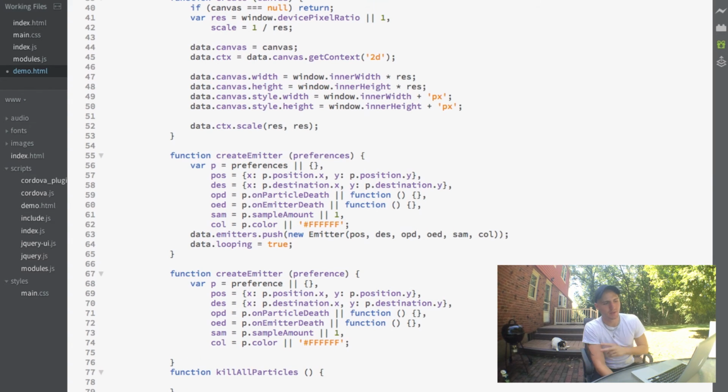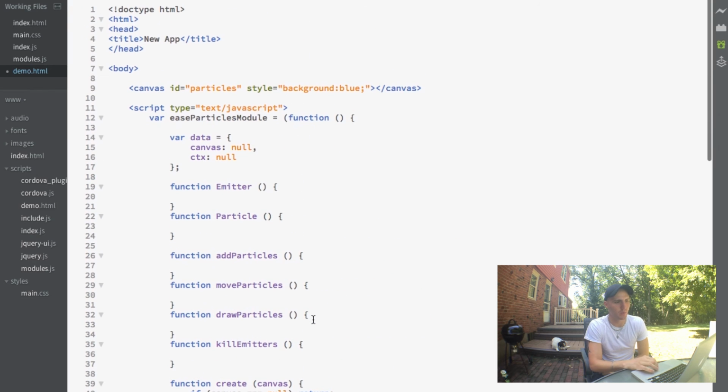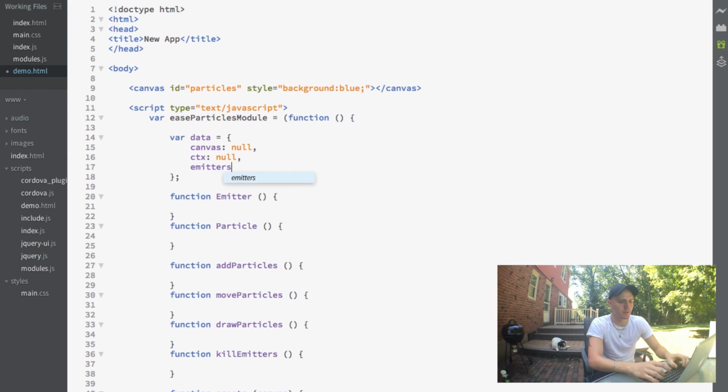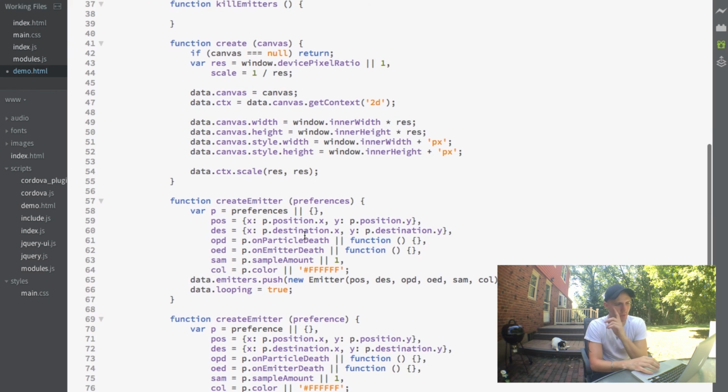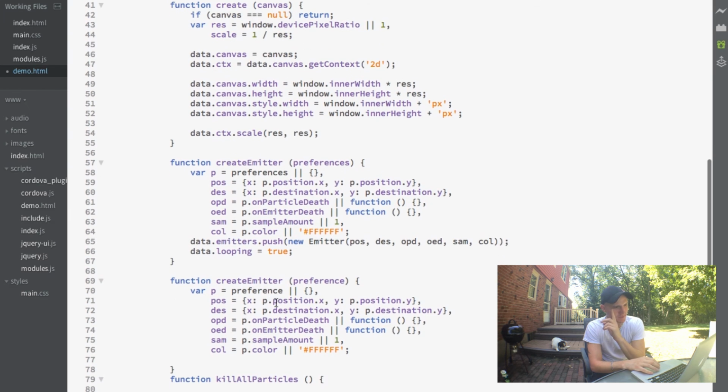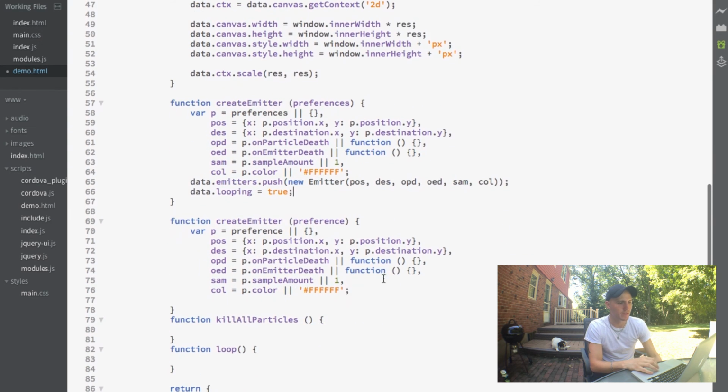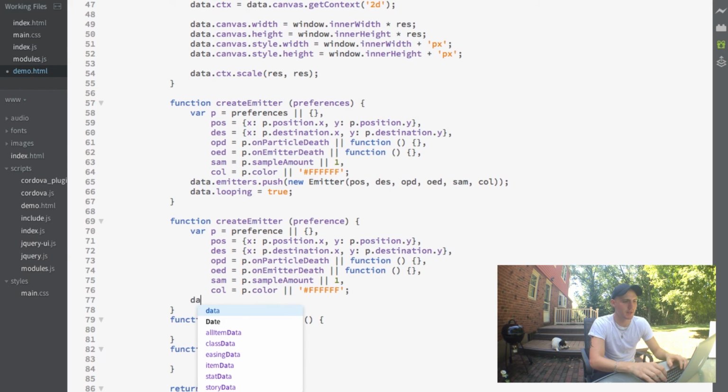And now the last two lines here are going to be new data variables that I will add right now. So we have the emitters, which is an empty array, and then we have looping, which is set to false by default. And I will explain what looping does later, but for now, the next piece in here, we're just going to say